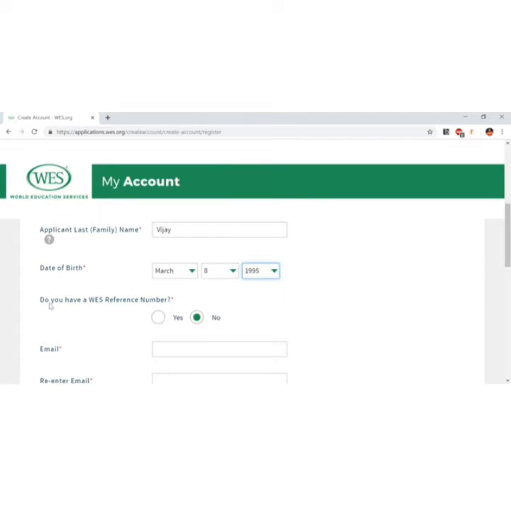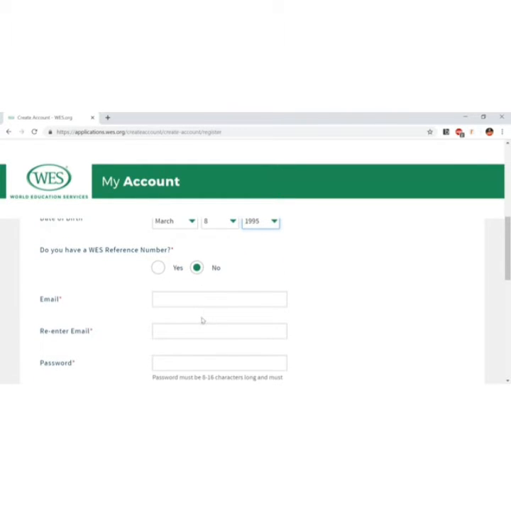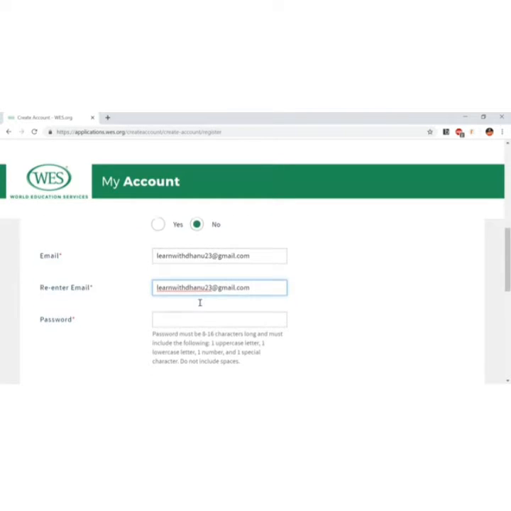They are asking for a WES reference number, and if you're doing it for the first time, you definitely will not have one, so this is by default no. Then put your email ID and re-enter it. I'm just putting a random email ID, because I've already used my email ID for another video.